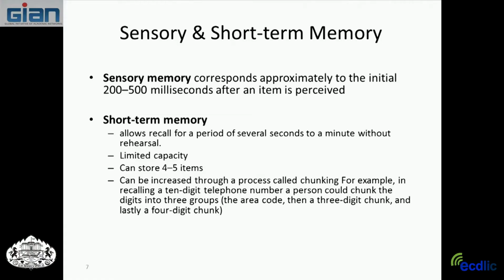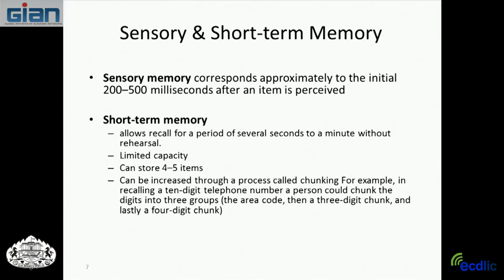Okay, again, short-term memory corresponds approximately to the initial 200 to 500 milliseconds after an item is perceived. Short-term memory allows recall for a period of several seconds to a minute without rehearsal. So if I told you to memorize 15239, you may be able to recall this to me in a few seconds, but if you don't keep this